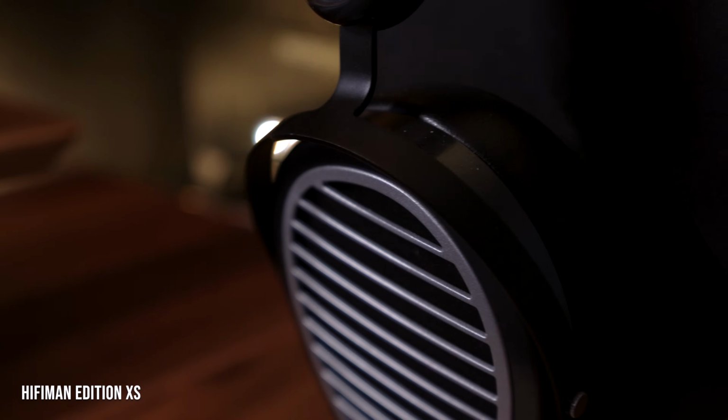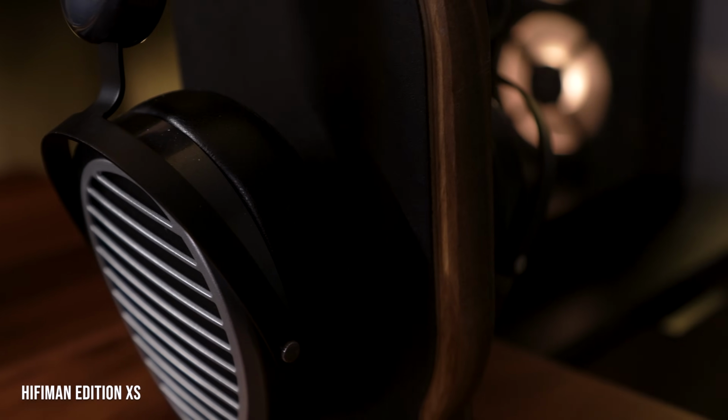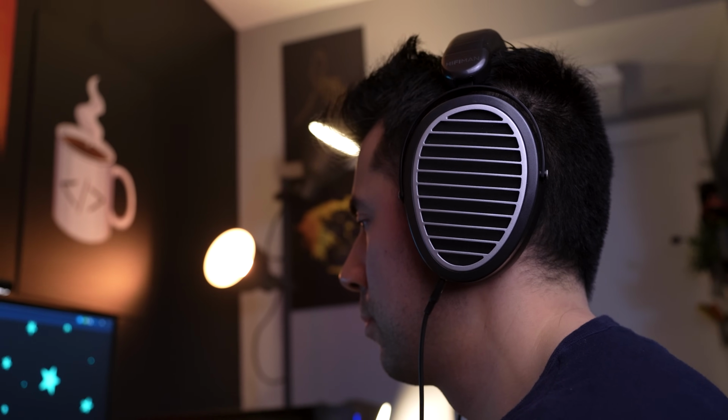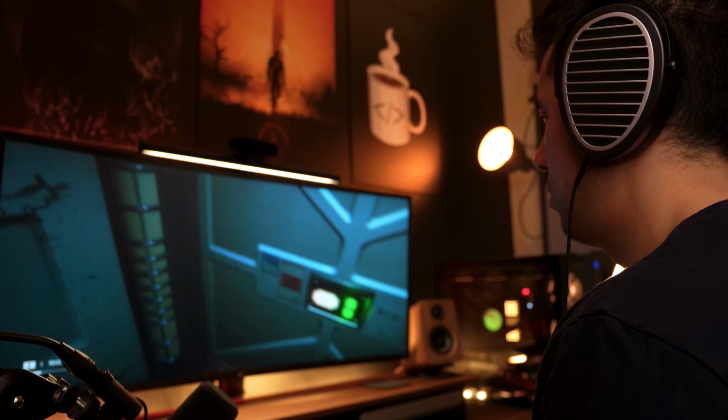The second purpose of the Scarlett is to act as a DAC for my daily headphones, the HiFiMan Edition XS. These are my first pair of planar magnetic headphones, and I have to say that they are awesome. The soundstage is open, the separation between instruments and vocals is clear, and I occasionally hear new things in old songs. If you ever want to test these headphones out before you buy them, I'd recommend listening to Mountains by